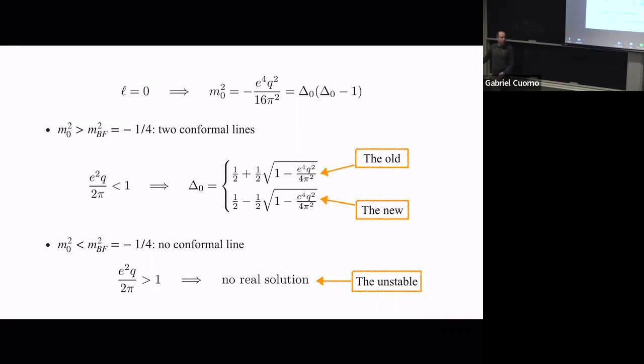I'm not saying that a Wilson line doesn't exist. I'm saying there is no conformal line. So you must define it with a cutoff, and then you must ask what happens once you put the cutoff, and I will show that there is screening. What we find is consistent with that. So the interpretation of this is that there is no conformal line, so there is no UV complete